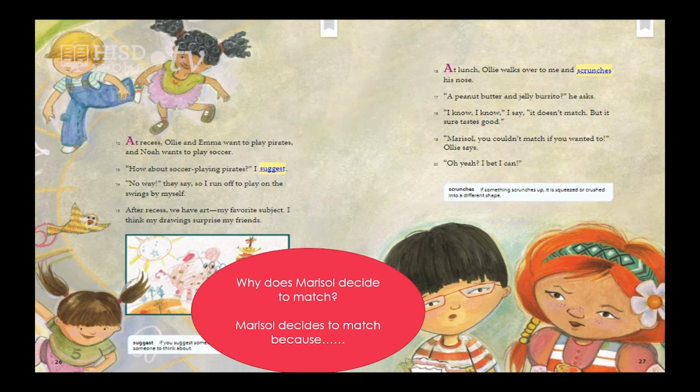Why does Marisol decide to match? Marisol decides to match because